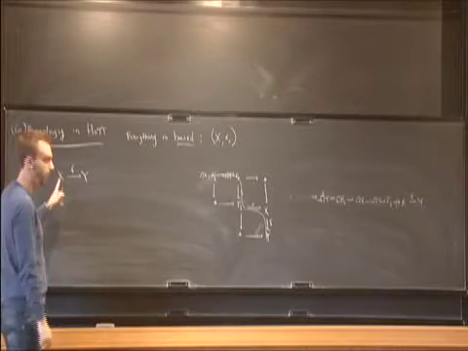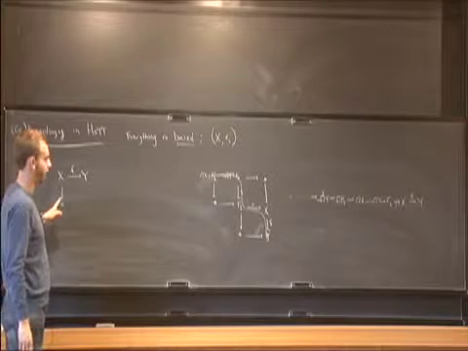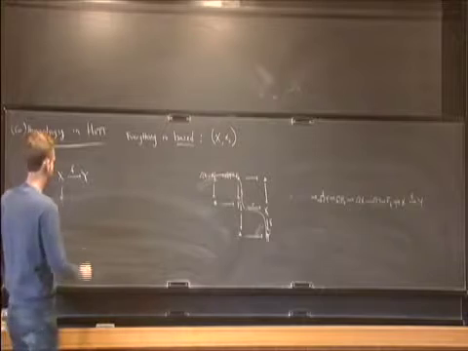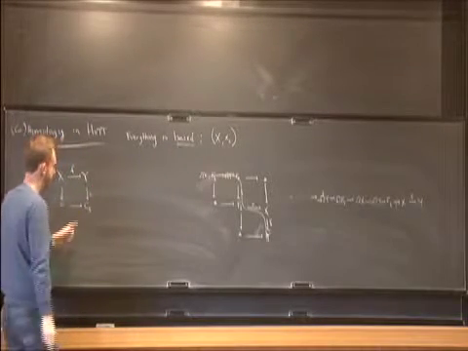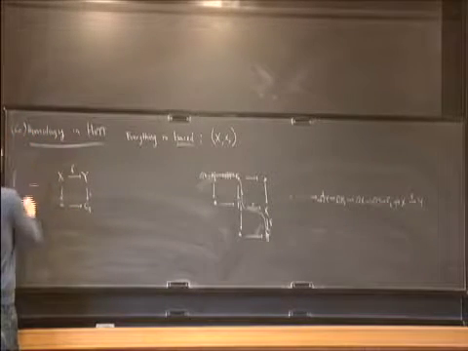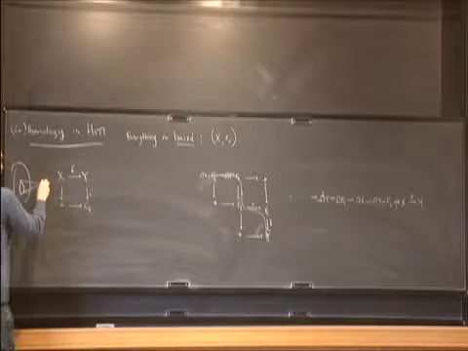So, but dually, I can do the exact same thing over here, where I just work on the dual side. So now I map x to a point, and I take the push out. And I'm going to call that C sub f, and call this I. And this is the mapping cone on f. A homotopy theorist would draw a picture like this. They would draw y, and then they would draw something like this.